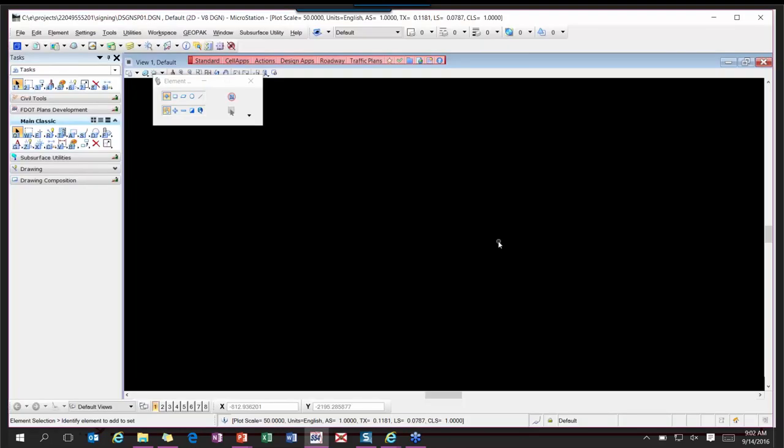First thing you need to know, these are proposed features for the signing and pavement marking plans. So we are looking at the DSGN SP01 DGN. We created this particular file back in chapter 1. So the first thing that I need to do, it's an empty file, I need to go ahead and add